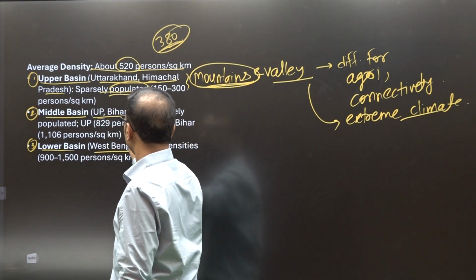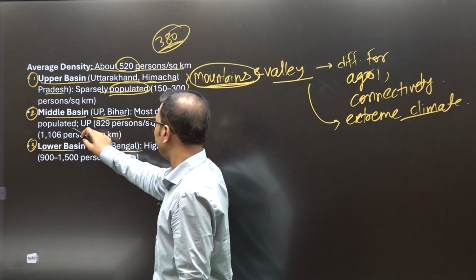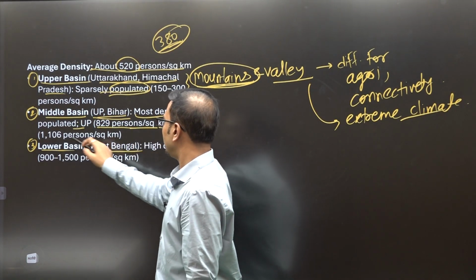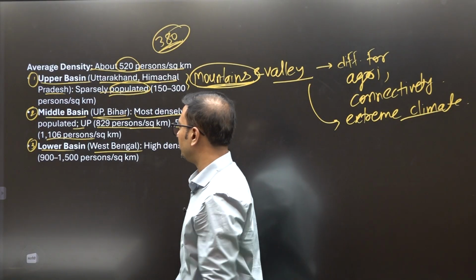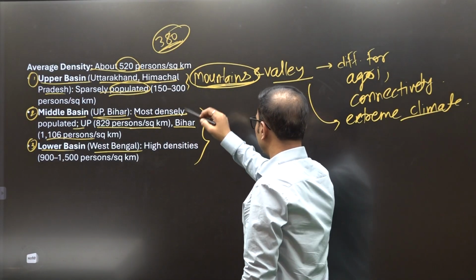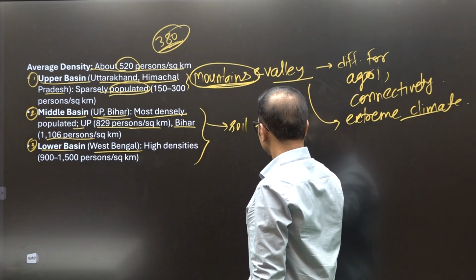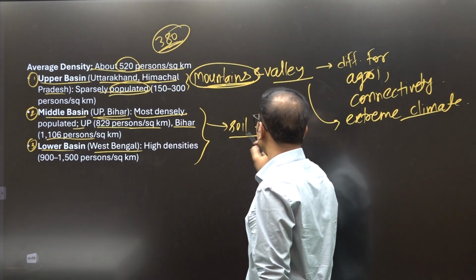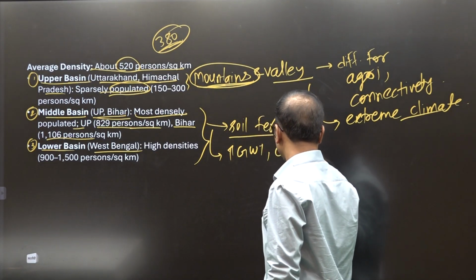Then the middle basin, yes. Now these two are, we can say, suitable for dense population. So the most densely populated is the middle basin, 829 persons per square kilometer in UP, and Bihar 1106. In some of the cities of Bihar it is more than 2000 persons. So why are these regions more dense? These regions are more dense because the soil is fairly fertile. You should give that land, soil and water resources aspect, right? So the soil is very fertile, there is a very high groundwater table, as well as canal irrigation